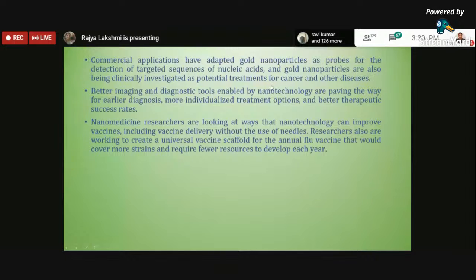And another important thing is that nanotechnology is highly helpful, especially in cancer treatment. Whatever cells and whatever treatment people are using, either through laser or whatever it is, it is completely because of nanostructured cells, which will be helping for the treatment, and also for the detection of especially cancer.